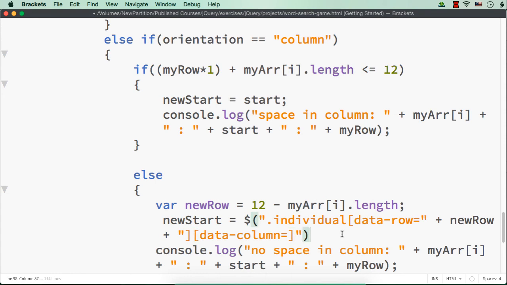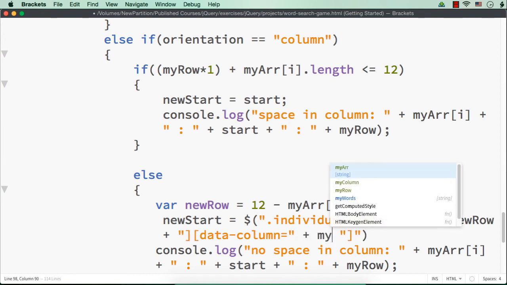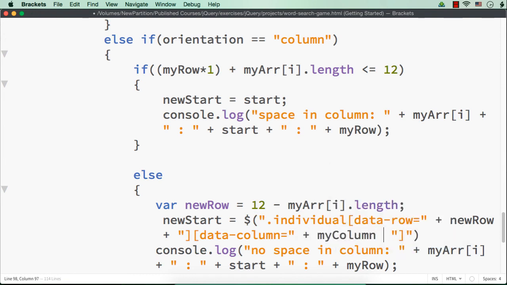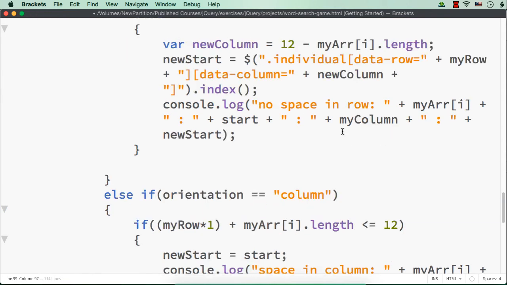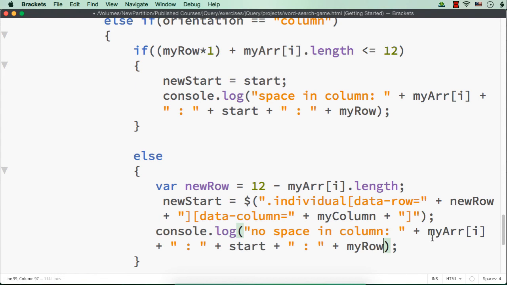So my column equals, what I need to do, again in this double quotes, start a new one, put a plus, my column, again a plus, then this is done. Next, let me also display the new start value as we have done in the previous case. So let me put a colon to separate them. Okay, here not equals, it is plus. Then let me display the new start.